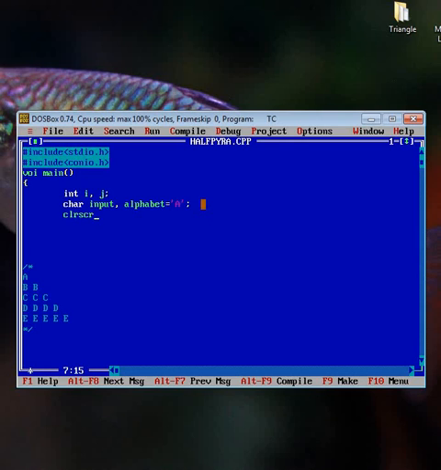Clear screen is a function which is used to clear the console, and now I have to take the input from the user.